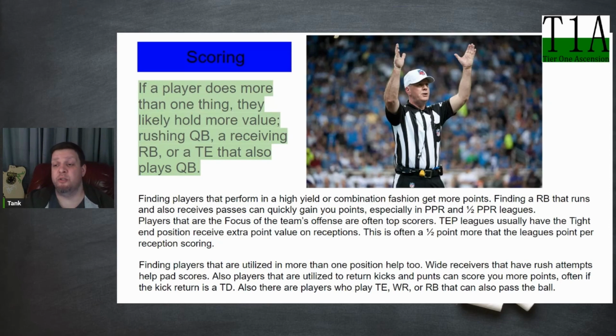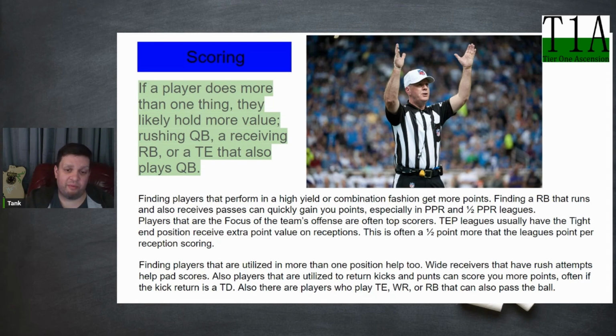High yield. So you want to have pieces in an offense that's on the field a lot, doing what highlights the players on your team. So if you have a team that rushes a lot, you want the running back. If you have a team that passes a lot, it could be tight end, it could be wide receivers, quarterback. If they're passing a lot, those pieces are going to be a lot more valuable. Sometimes the passing teams also have a lot of value in running. Make sure you're looking at offenses and what they're doing.